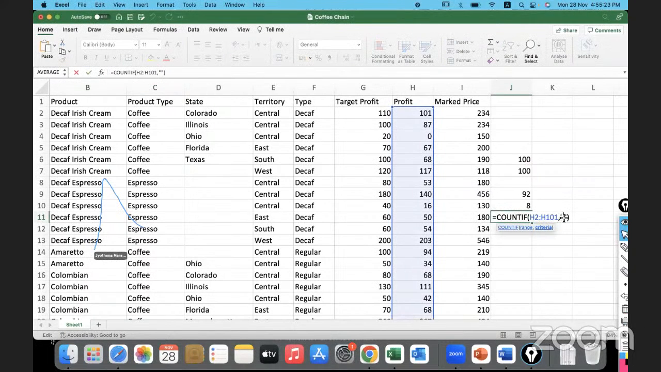Okay, I will say the condition is that I want to count and find out how many transactions, how many records, or how many values I have where the profit is greater than 200? Or let's say profit is greater than 100. So the condition is, whatever values are present in this range, H2 to H101, I simply want to